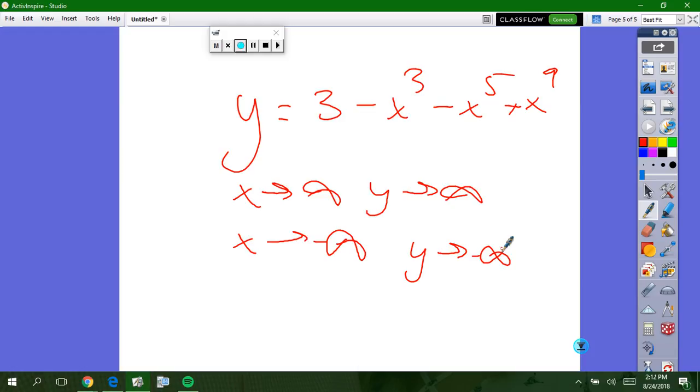So this is not a polynomial, correct? It's not a polynomial. But